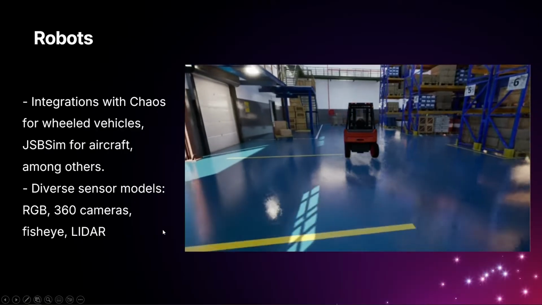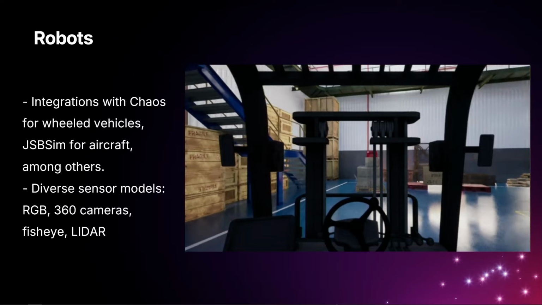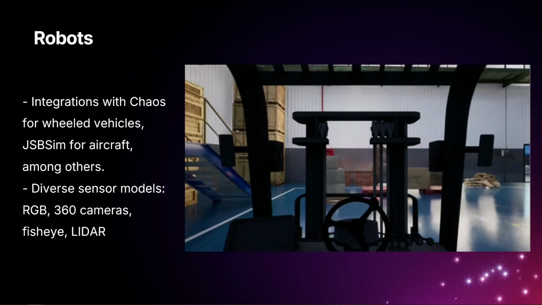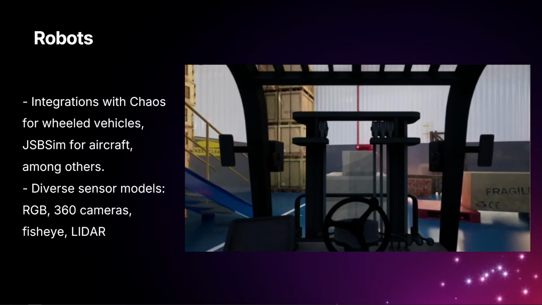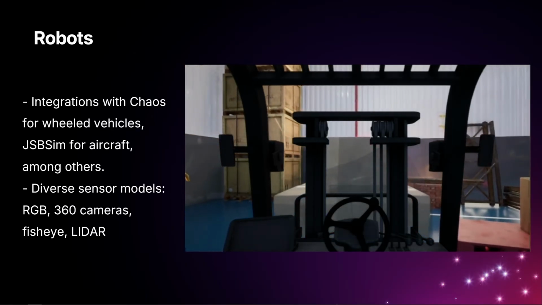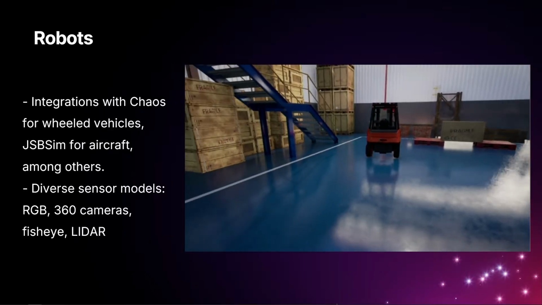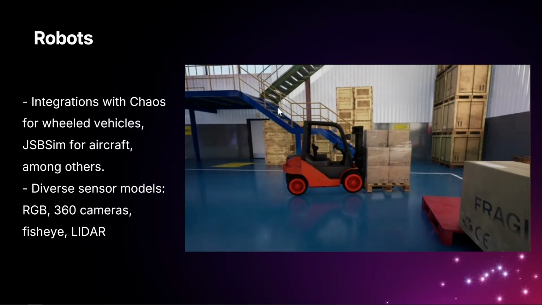Apart from that, even when we talk about wheeled robots, I think wheel dynamics in general is easy enough to put together. But there is also the notion of environmental physics, right? For example, in this video, we're looking at a forklift in a warehouse. It's easy enough to put a forklift in a warehouse, but it's not so trivial to have this forklift interact with objects and pick them up and put them in different places.